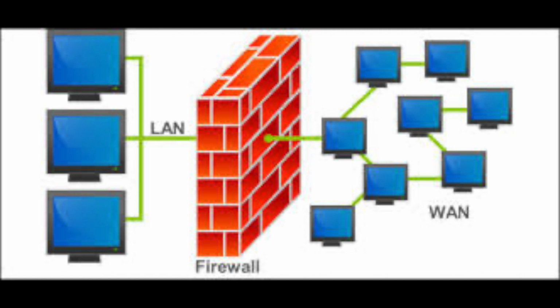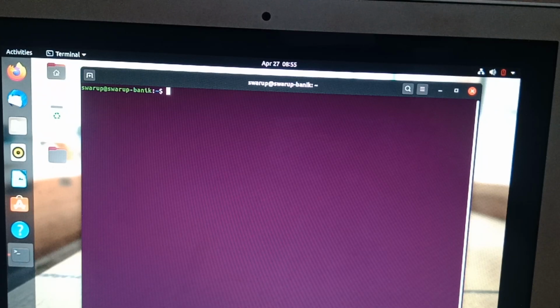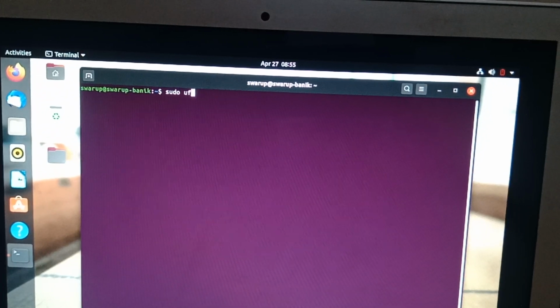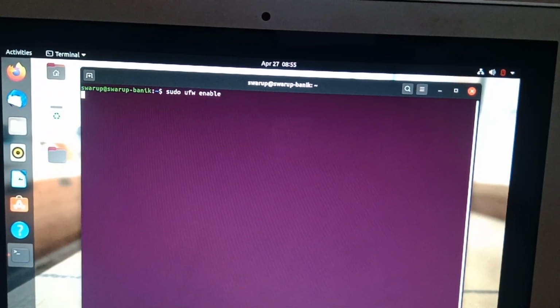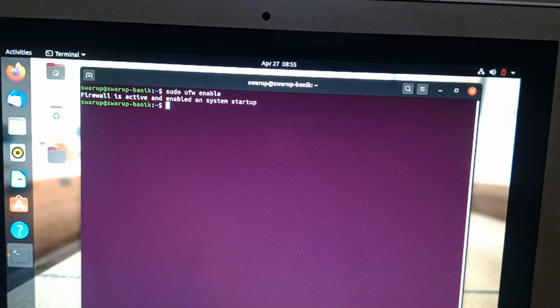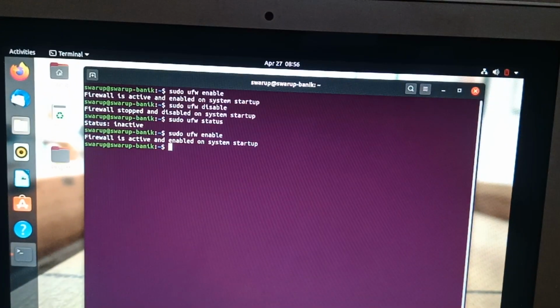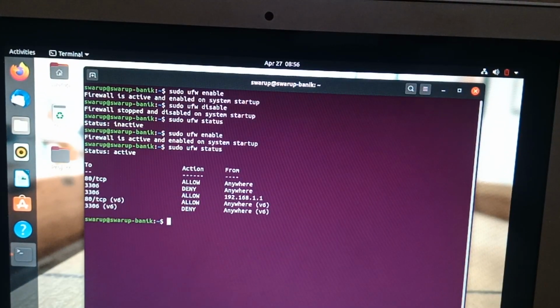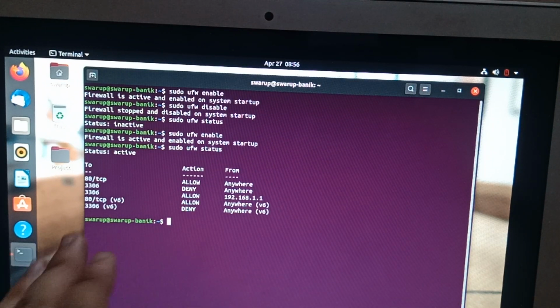Here we explain the firewall, which provides security. I'm going to show you some uncomplicated firewall operation. Firewalls are used for security matters. So we'll show how to enable the firewall: sudo ufw enable. Hereby we enable the firewall system. We can check the status using status, and it's showing active, and which TCP is allowed and which is denied, and we can read through this.